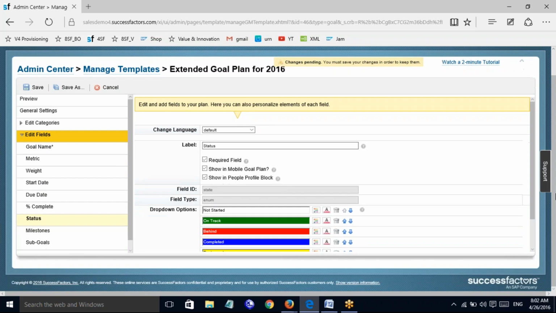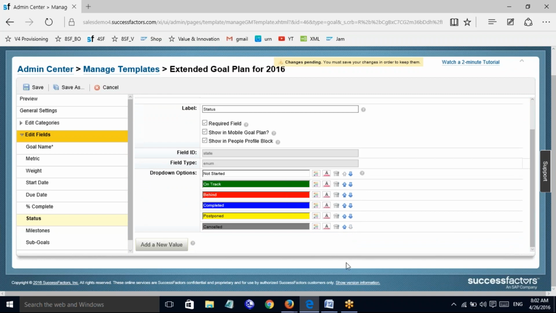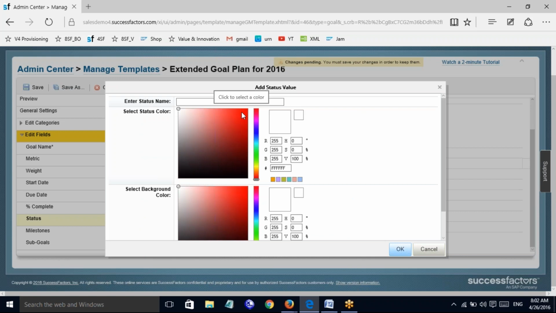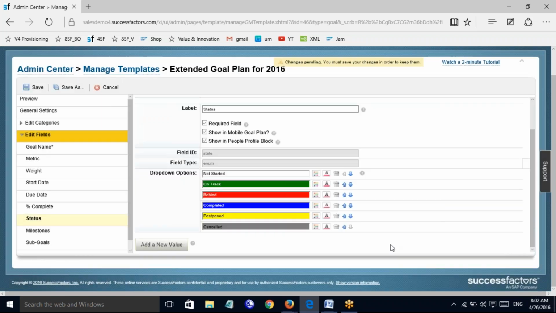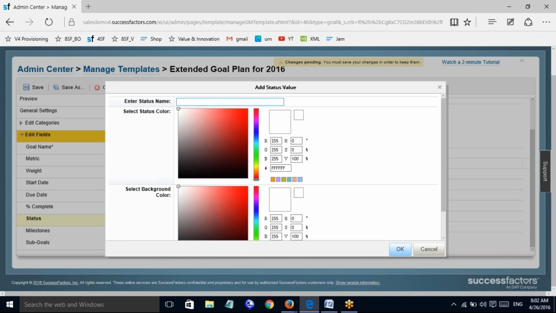Next, if you want to remove any of these status levels, or add any new value, you can add it. Tell me any new value you want to add for these particular sections. For example, postpone. Let us take anticipation as a new value.